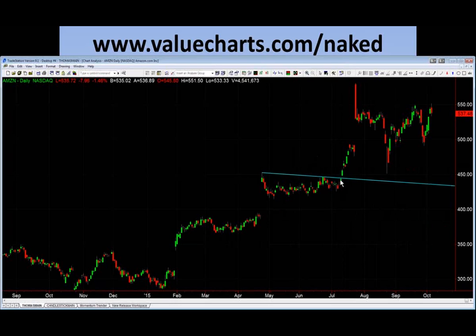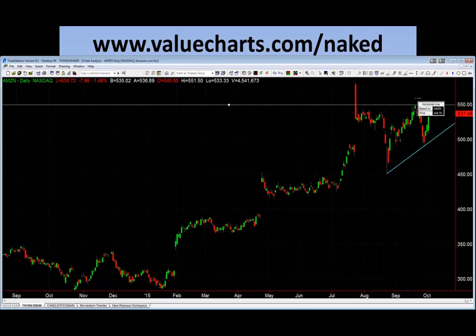Break 1, 2, 3, and then rallied. Not bad. This is kind of interesting where we are, because this is what we're looking at right now with Amazon. There you go. That's what we're looking at. Which way is it going to break? We don't know yet. Almost had a bearish engulfing today, but didn't quite.